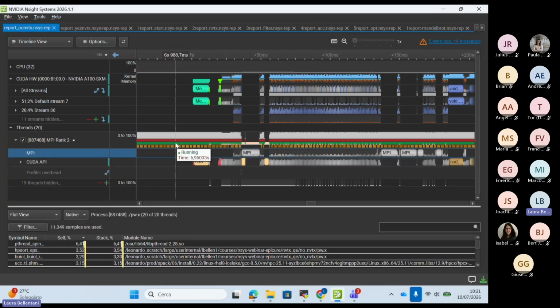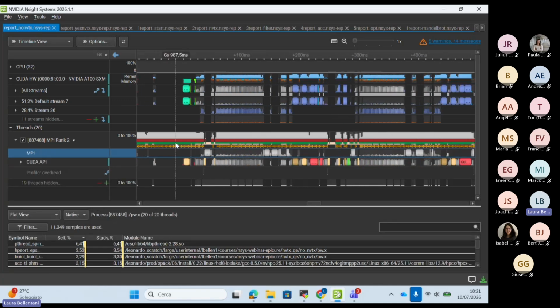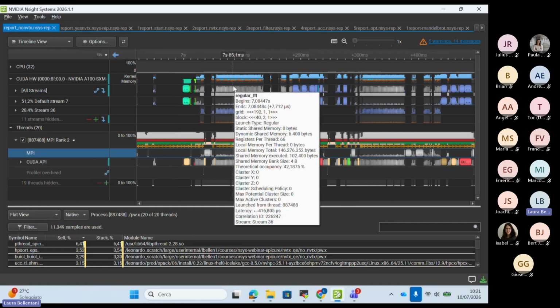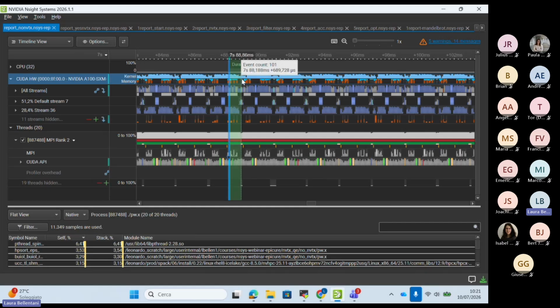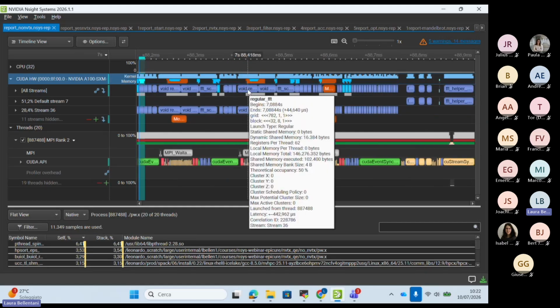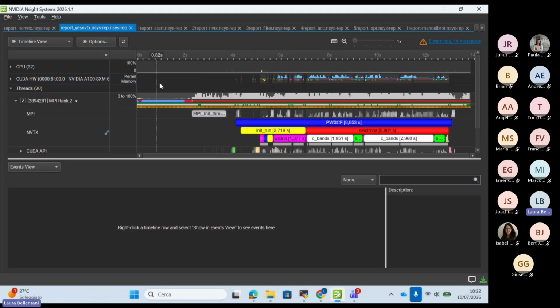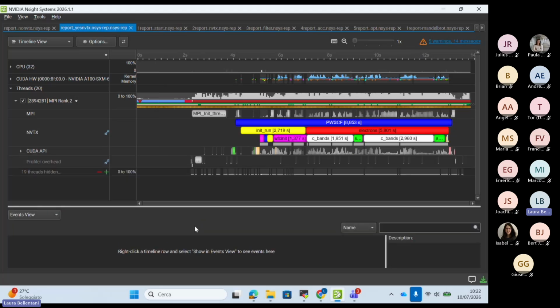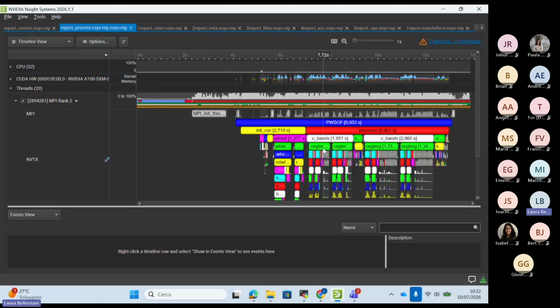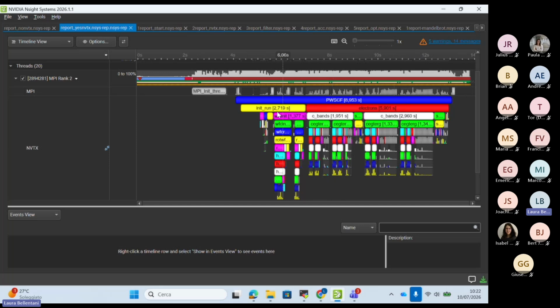As I said, reading these traces and especially understanding the algorithm of the program is quite difficult. Especially if we want to focus on a specific event, like this kernel on the GPU, it is difficult to understand from which routine the kernel has been called. And this is why you can add NVTX ranges. Now, this is exactly the same run and the same code, but we have added NVTX ranges in the source code. You see that now the algorithm is much easier to understand. I see that the code is doing some initialization here, some other computation here.